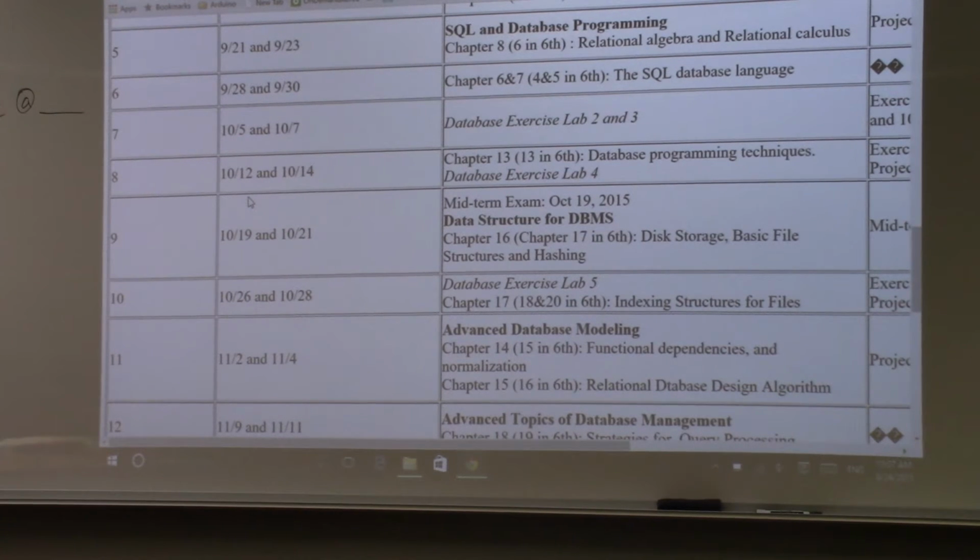Then submit such a project topic and short description to the GA. That is phase 1, by September 1st. It's not that far. You need to start right away, especially for the new students.